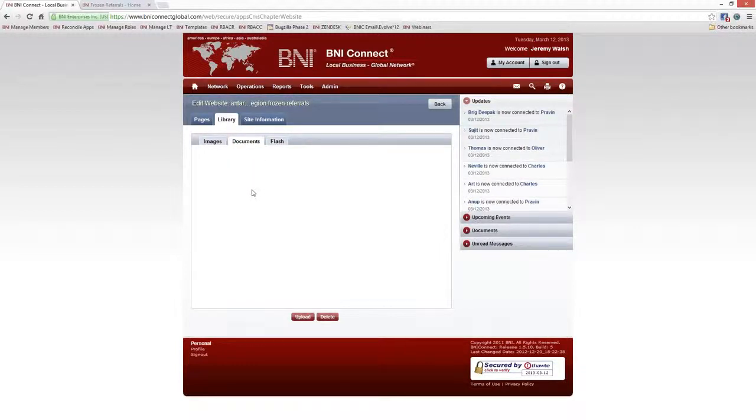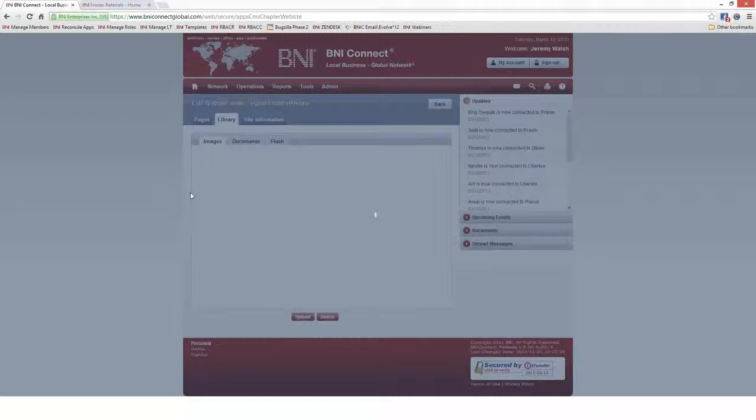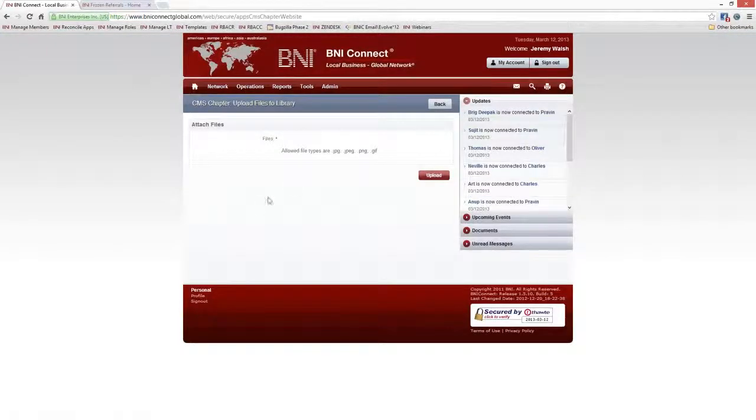You can also put documents up there if you'd like to share a document, such as a Word file, a PDF file, or an Excel spreadsheet. And you can also put Flash objects up there. The way to get the files up there is to click on the appropriate type and click the Upload button. Now once I click the Upload button, it'll bring me to the Upload screen. I click the magnifying glass to go and search for the file that I'd like to put into my library